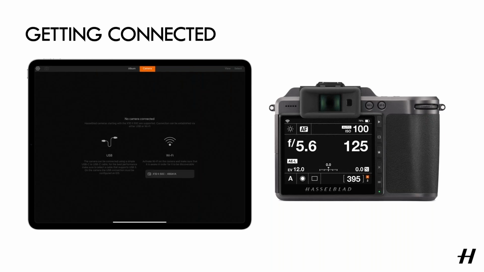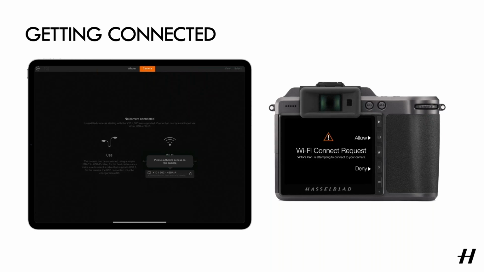So once it detects a camera nearby, it'll pop up here, and the name is abbreviated, but it does correlate with the name in the connectivity menu. And tapping connect, since it's the first time, we'll have to go through a couple of extra steps just to confirm that the right devices are talking to each other. So the app has launched a dialog box asking me to confirm on the camera, and the camera will also launch its dialog box asking if I do want to confirm this Wi-Fi connection request with the device name of the iPad showing up on the rear camera screen.